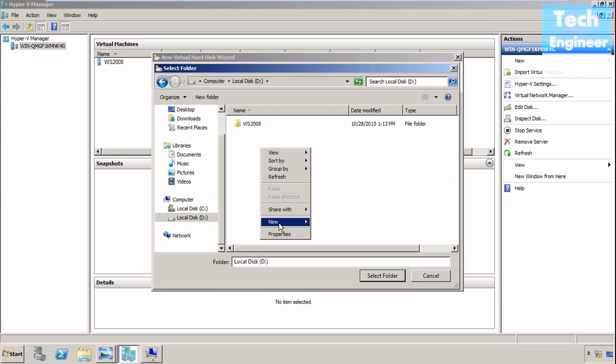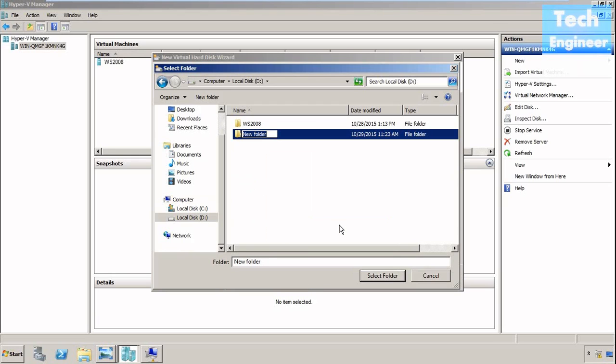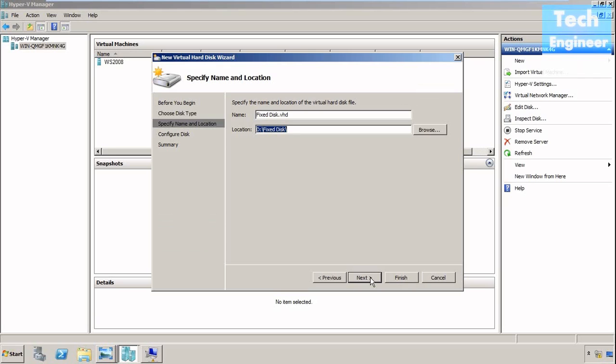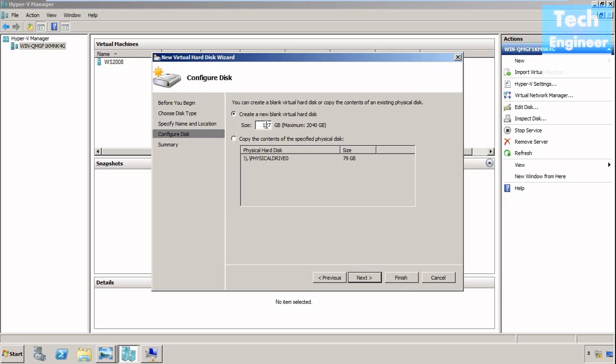Now this is the folder we're going to select, and we're going to store this disk in this folder. Select the folder and next. Now the space. Since it's a fixed disk, we have to think about the space. So I'm just taking 10 GB because my actual hard disk doesn't have enough space. I'll go with next, 10 GB, next,